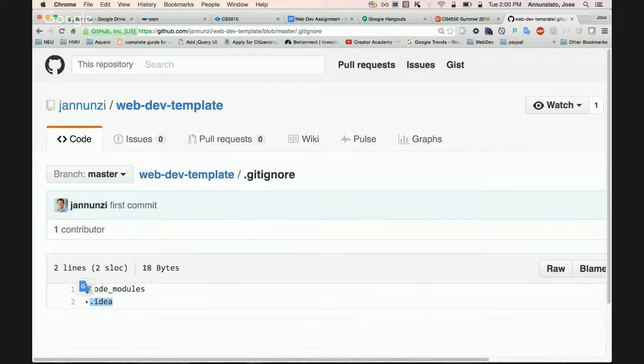directory that is used by your IDE, WebStorm. In there it has a whole bunch of XML files that configure your IDE. That also is not interesting for our project, so I put that ignore in there. If you're on a Mac, you might want to add a couple more things here. Mac creates all these thumbnail images in the file system. You might want to add that here so that it is not copied also.